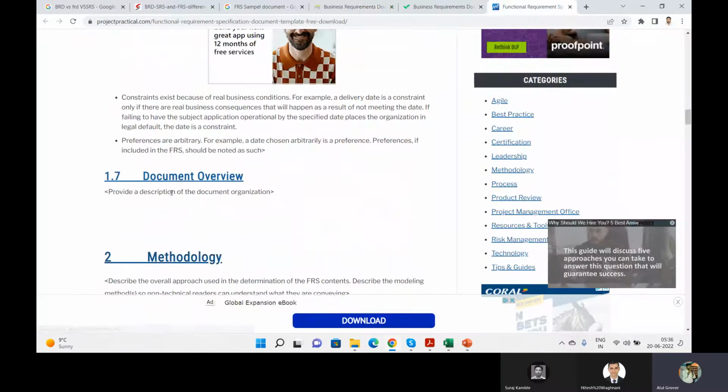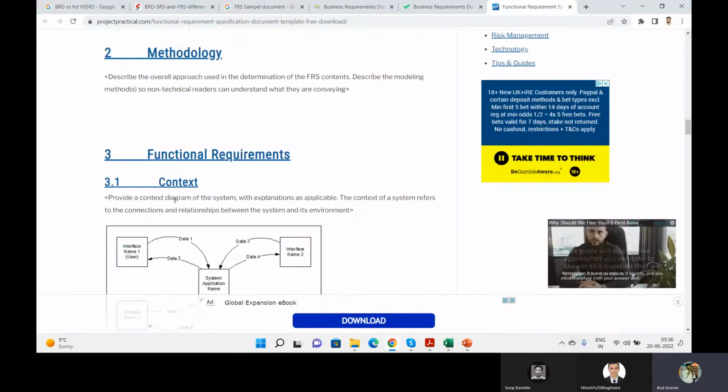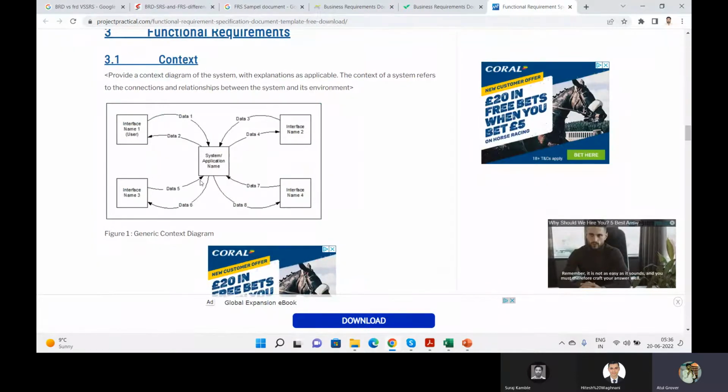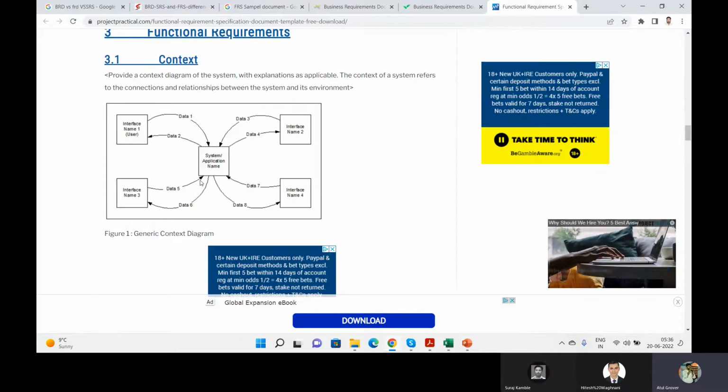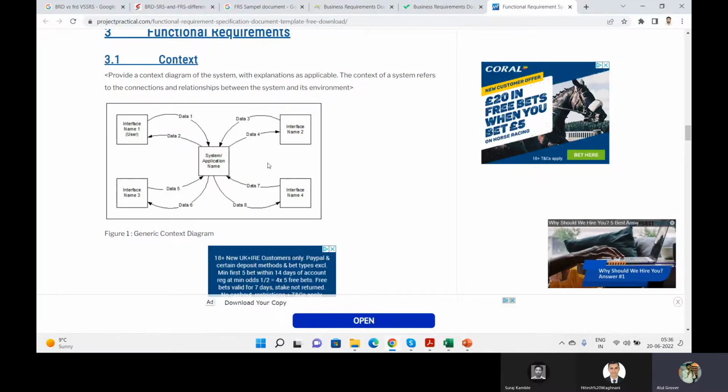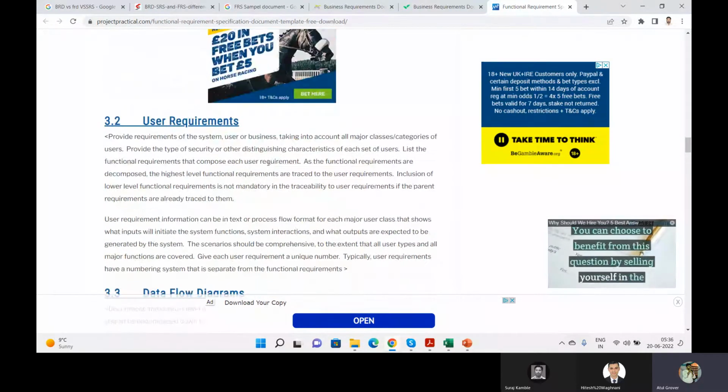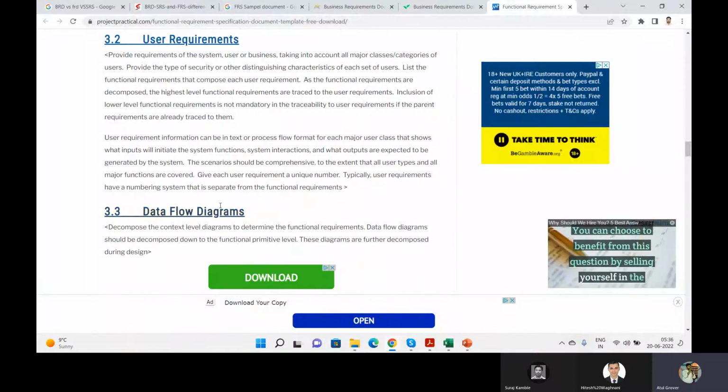Assumption, constraints, document review, methodology. बहुत sections होते हैं इसमें. देखो ये रहा गया आपका functional requirement. ये चीज आपके context flow वगैरह बनाने पड़ते हैं हमें यहाँ पे. This is a thing which is see flow diagrams आ गए,